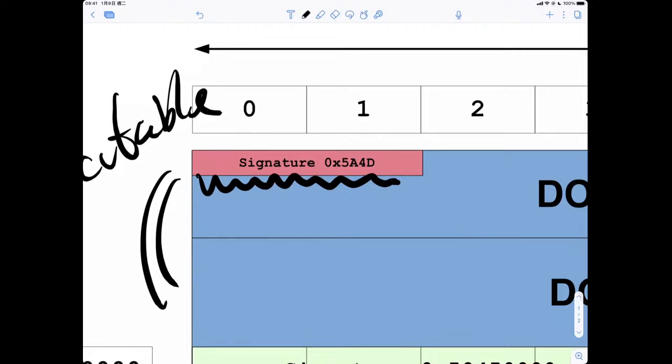hexadecimal system, 5A4D is 2 bytes, because 1 byte is represented by 2 hexadecimal digits, so 5A is one byte and 4D is one byte. Okay, so if the very first 2 bytes